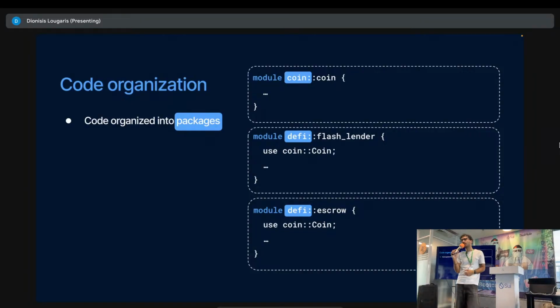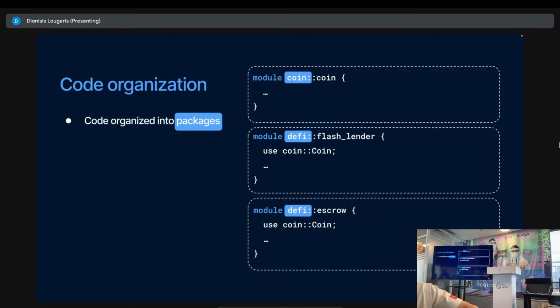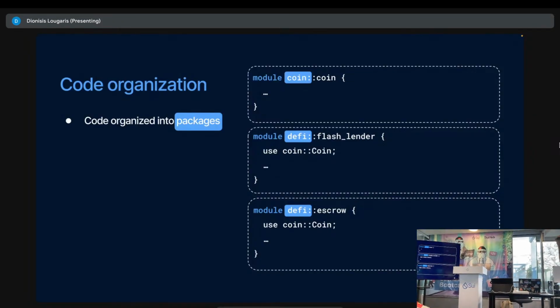Think of it, if you are familiar with object-oriented languages, like a Java class or something. Inside this coin module would live any action related to the coin, of course. To the flash lender afterwards, to the escrow on the bottom side. And what these